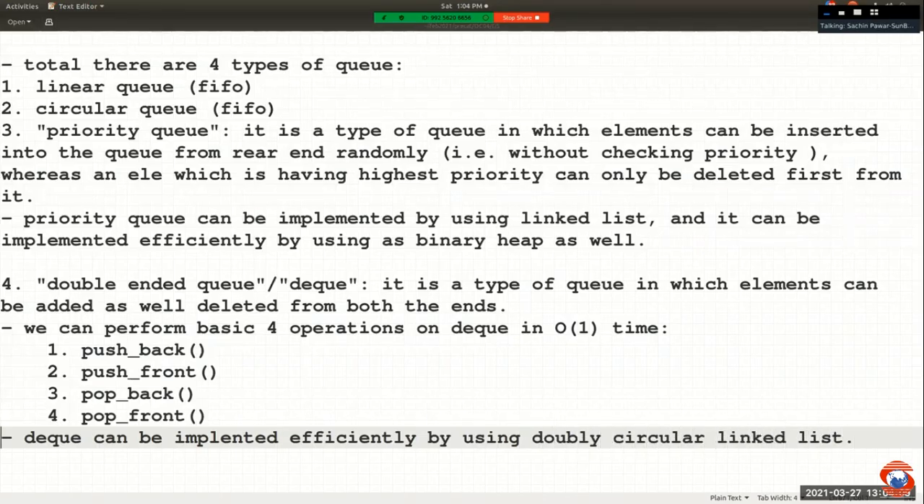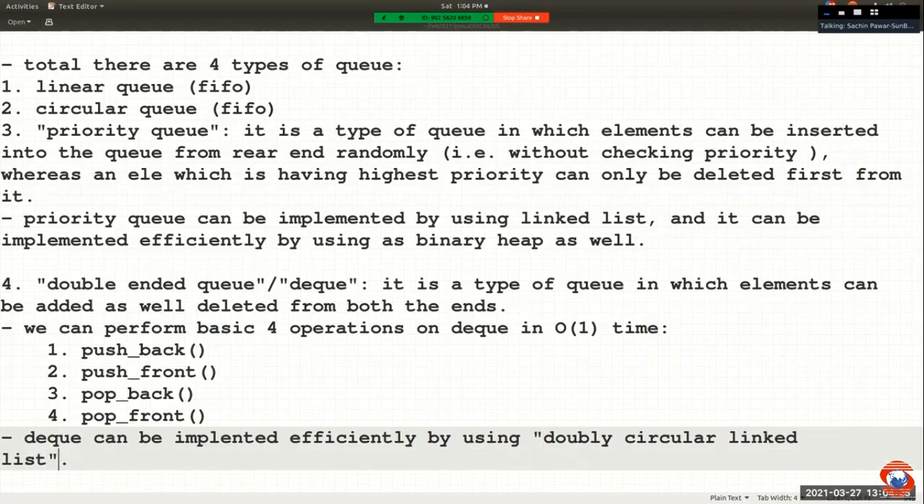Hello friends, yesterday we discussed the doubly circular linked list. Add first, add last, delete first, delete last. These operations can be performed in how much time on a doubly circular linked list? Hello friends, please reply quickly on the chat box. On a doubly circular linked list, these operations can be performed in how much time? Order of 1 time, right? And hence we can say DQ can be implemented by using a doubly circular linked list,